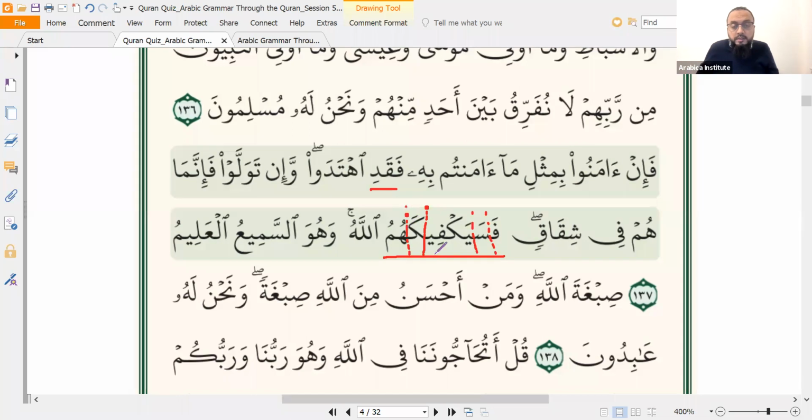We've got a very rare instance where you've got two attached pronouns on the same verb, and both are objects. So Allah is the fa'il. Allah will be sufficient for you against them. In English you have to say against, because the second object in English is indirect. In Arabic, with the verb yakfi, you can have two direct objects and they could both be attached pronouns.